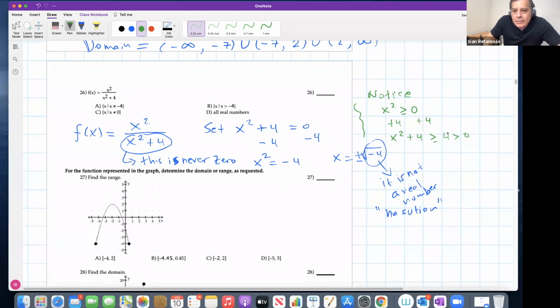So this will never be 0. It will be at least 4. So this is another way to look at this problem. Different approaches, but the conclusion should be that the domain is all real numbers, because there's no way to break this function,